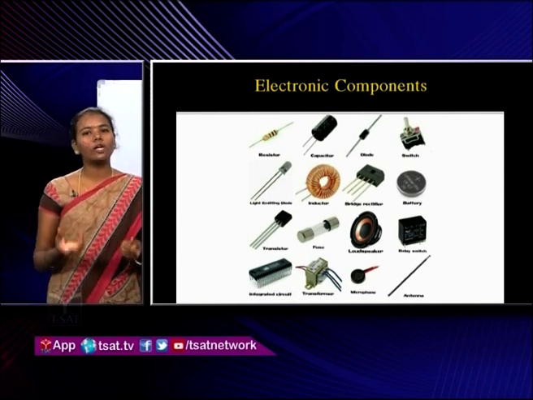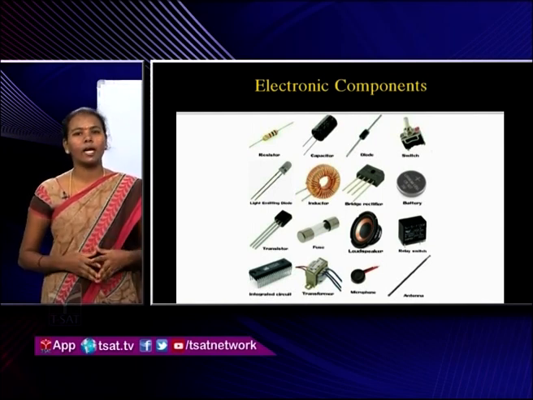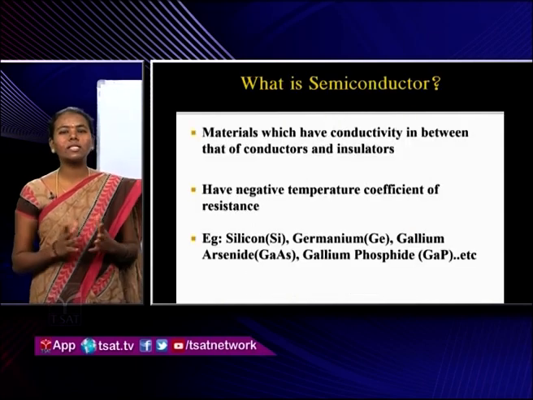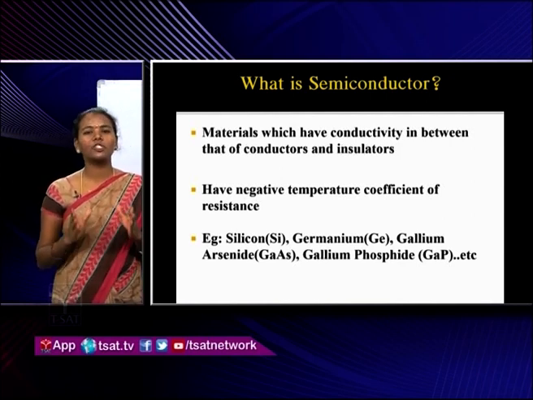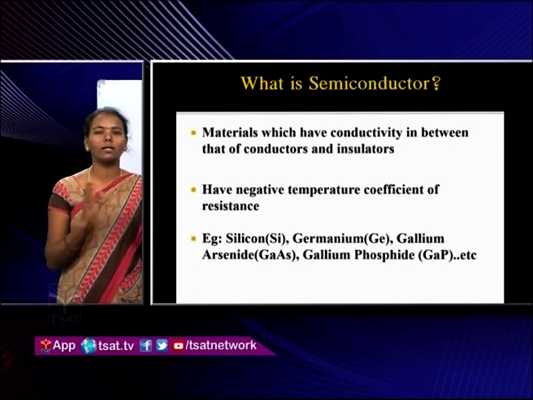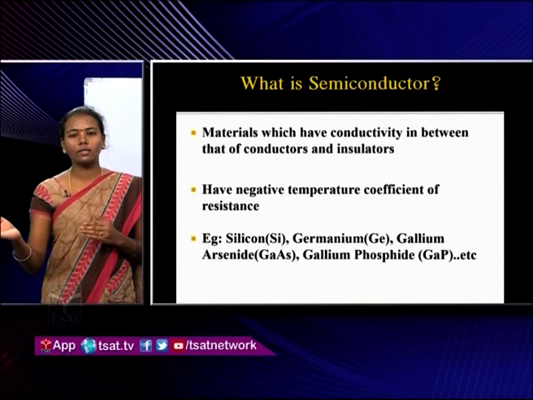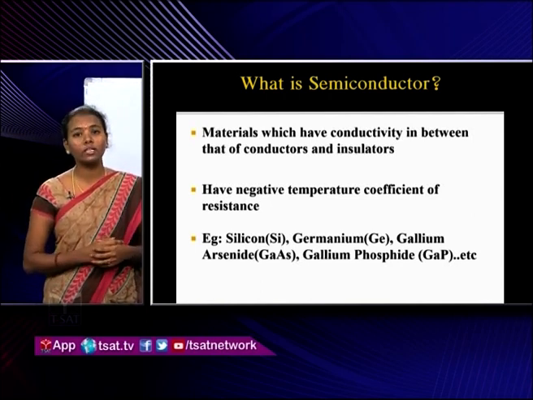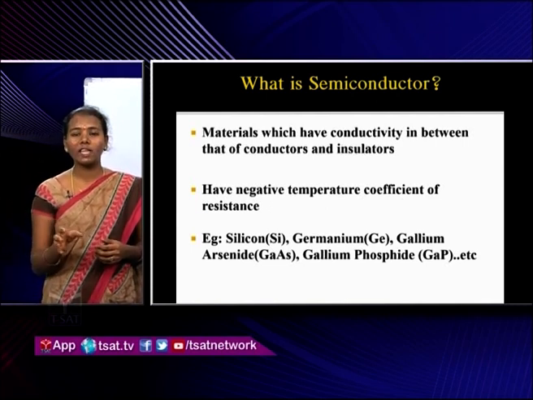So why are we going for semiconductors? What is the main property that makes semiconductors useful in electronics? We will see. What is a semiconductor initially? A semiconductor is a material which has conductivity in between conductor and insulator. In the periodic table, you can observe the elements are divided into conductors, insulators, and semiconductors. Most of the metals are conductors, and there are semiconductors also. The 14th group are semiconductors, and all the noble gases, which have 8 valence electrons,